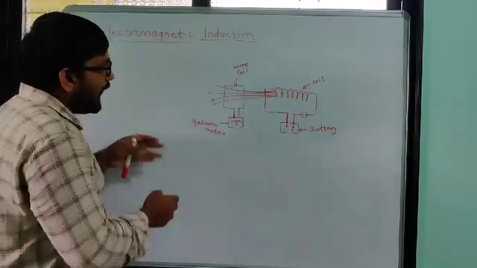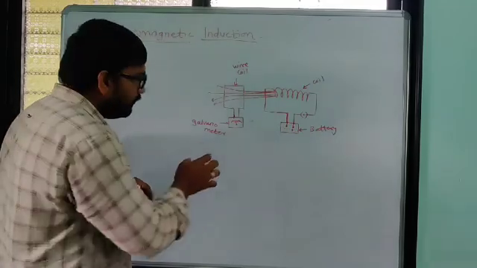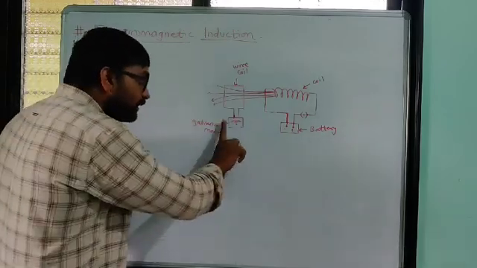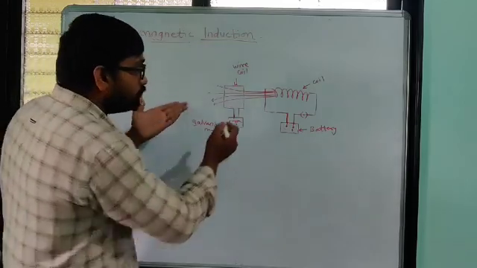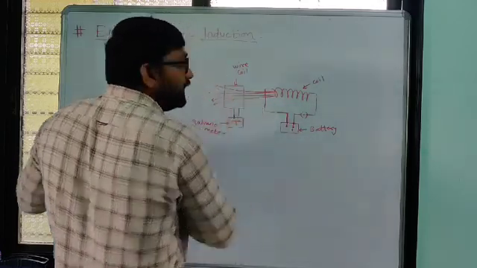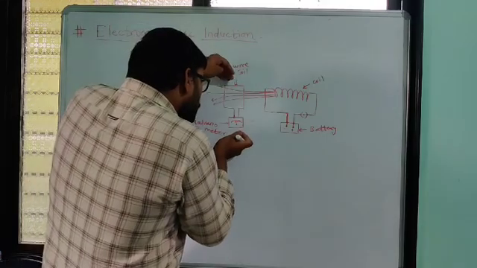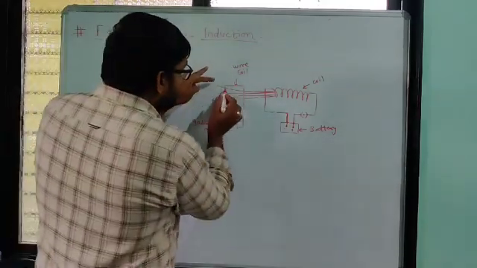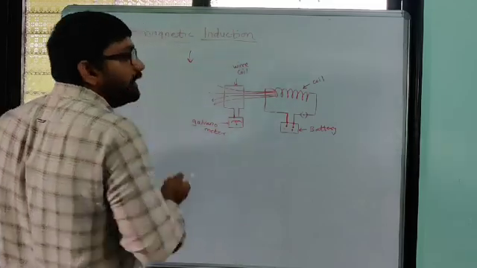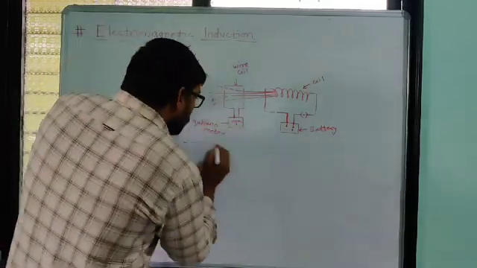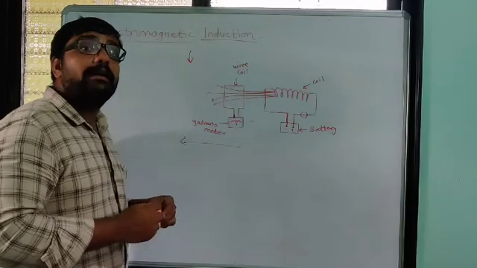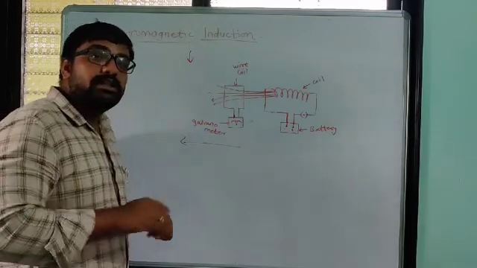So throughout the motion, we have not connected any electrical supply here, but still we see deflection in the galvanometer, which means current is flowing through this coil. Actually, we see that around this electrical conductor a magnetic field is produced, and as we go away from the conductor, the strength of the magnetic field decreases, which means a change in magnetic field takes place at every point as we go away from this coil. So the magnetic field changes, and if we place an electric conductor in the changing or varying magnetic field,